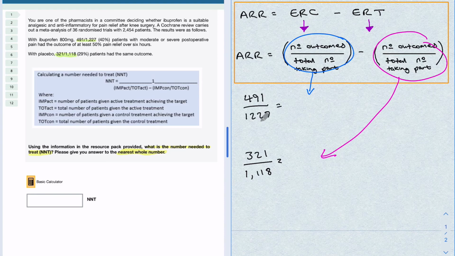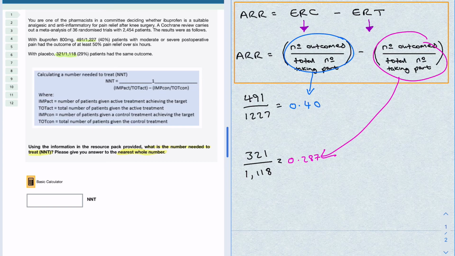taking part. That gives me an answer of 0.40, and 321 divided by 1,118, so 321 people here took the placebo, and the total number taking part is 1,118, and that gives me an answer of